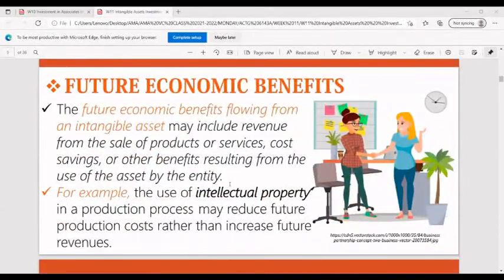For future economic benefits, the future economic benefits flowing from an intangible asset may include revenue from the sales of products or services, cost savings, or other benefits resulting from the use of the asset by the entity. For example, the use of intellectual property in a production process may reduce future production costs rather than increase future revenue. Of course, for your ideas, no need na yung